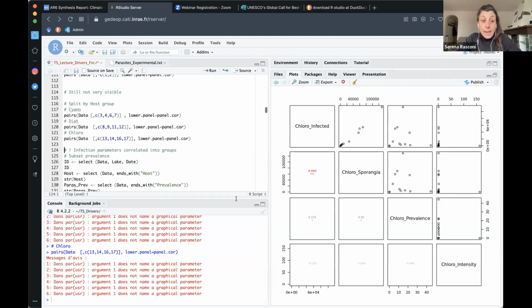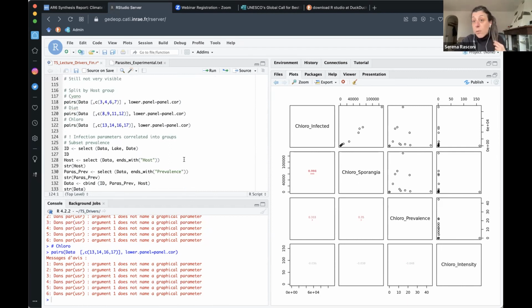So in the end, we can decide to work, for example, with the prevalence. It can be a good parameter for the infection. And so we can split our data set. For this, there are also different packages that can be very helpful to work with the data set, transform it and manipulate it in a way that you can easily run your analysis. For example, the select function in the dplyr package